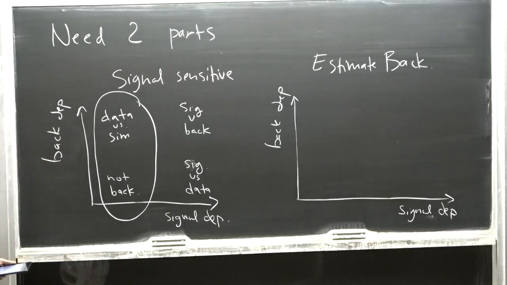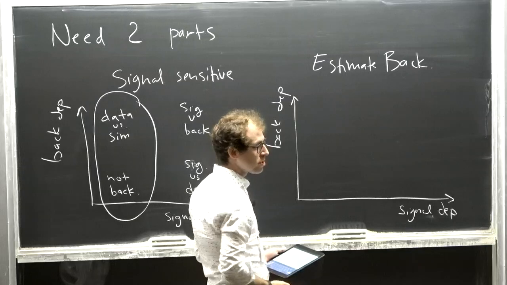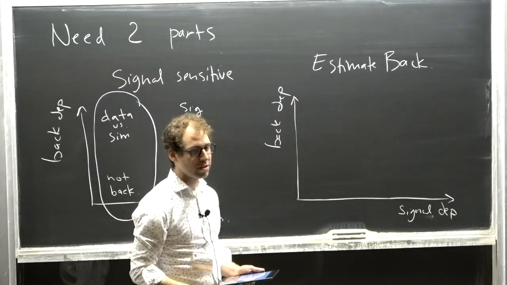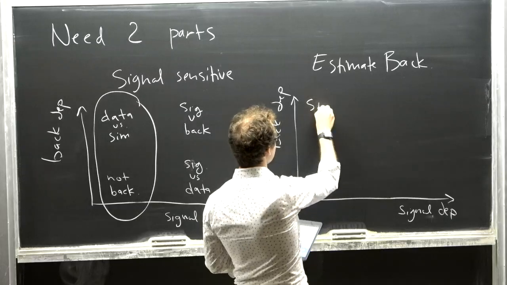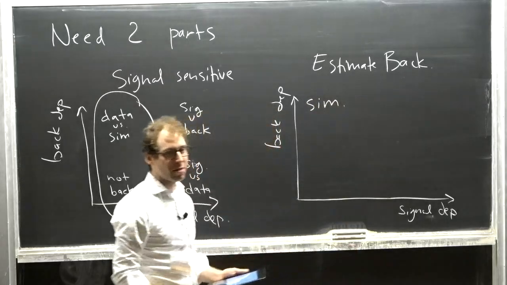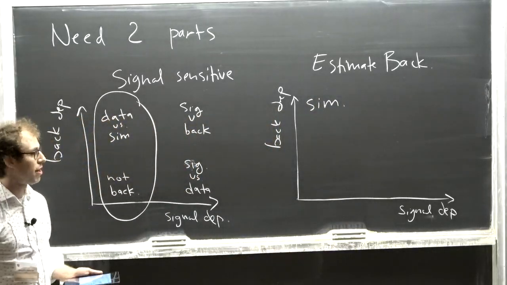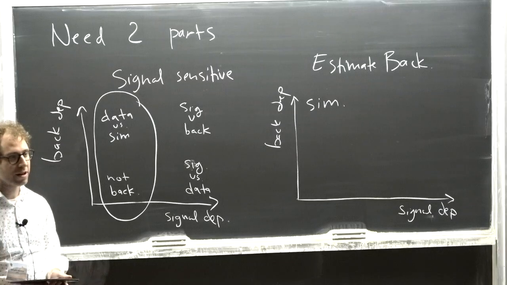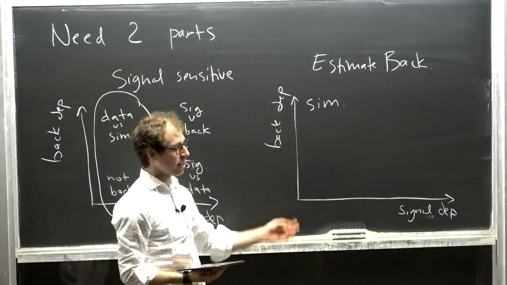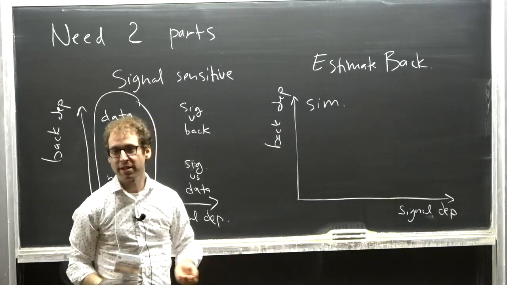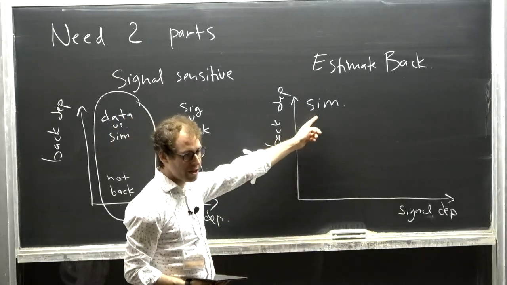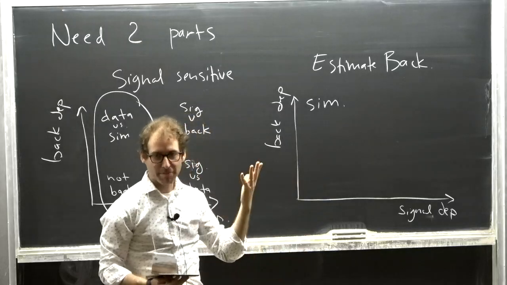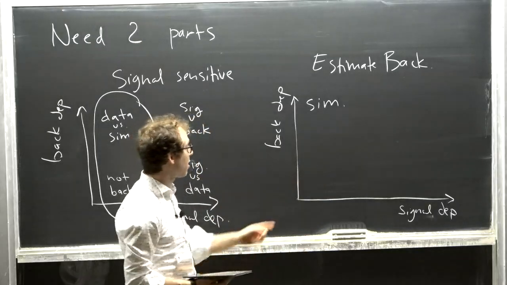OK. So let me just say a few things about estimating the background. The most signal-model-independent thing you could do is to simply use simulation. If I simulate the background, then I don't have to make any assumption on what the signal looks like to estimate the background. That is great because I don't have to assume the signal is resonant, or anything else about it, basically. But I'm very much dependent on how I model the standard model background. I have to be able to simulate all the sub-processes and so on. So that's up there.